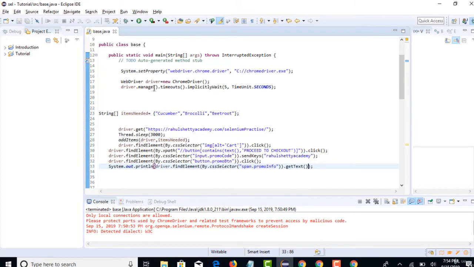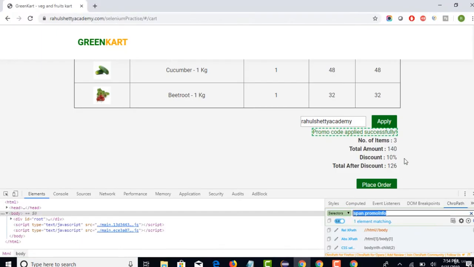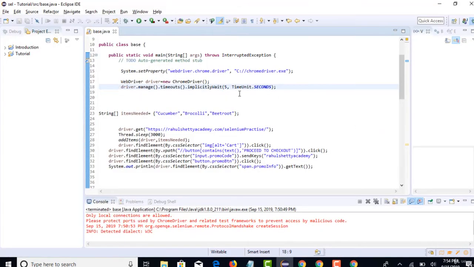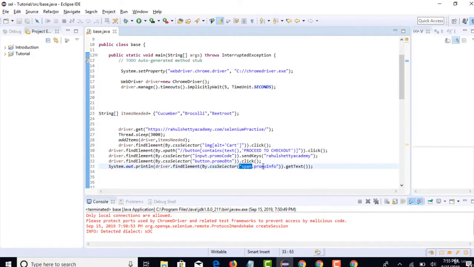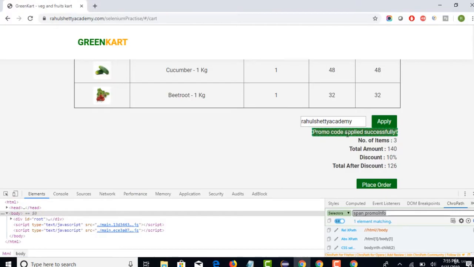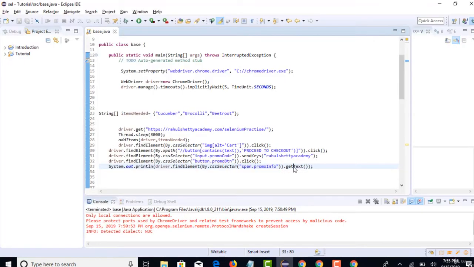Perfect. If you comment out this line, this will obviously fail because it's taking some time to load. But here you are smartly telling it to wait for 5 seconds. So after clicking on this button, it tries to find the CSS selector, which it doesn't find, and then the implicit wait kicks in. It will wait 5 seconds. By the 5th second, if it sees the CSS on your screen, it will successfully grab the text and print it in the output. So we are able to solve that sync issue with the implicit wait declaration.